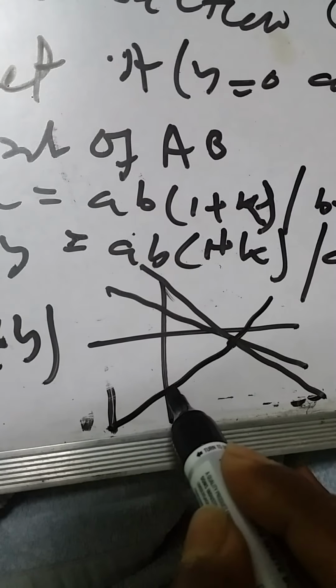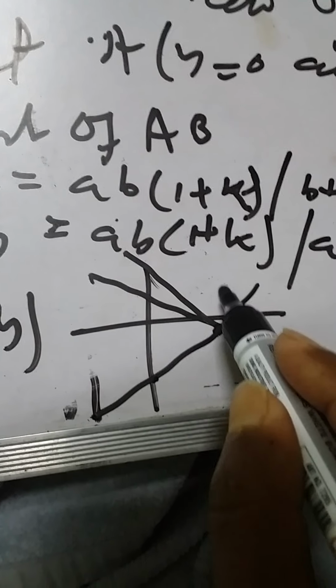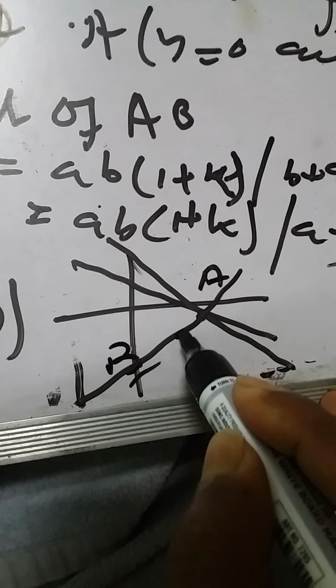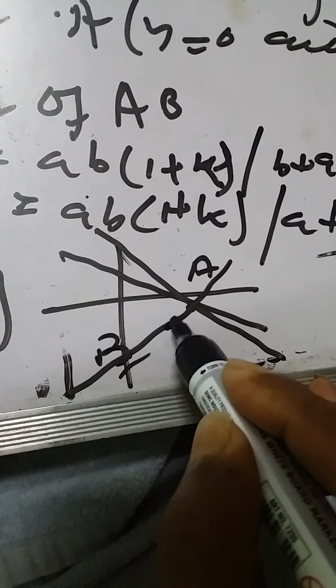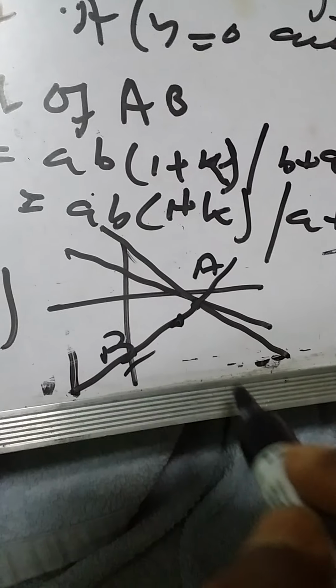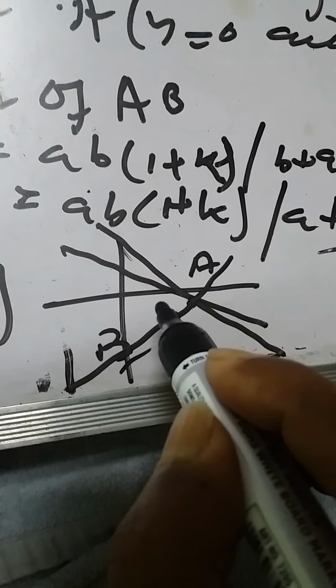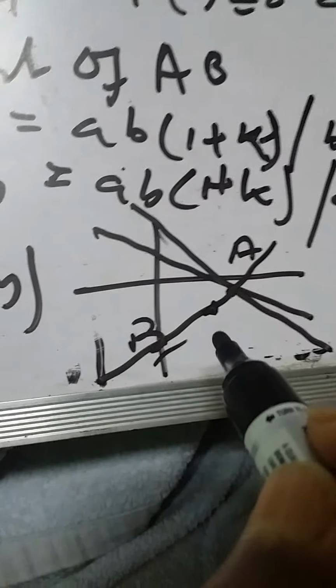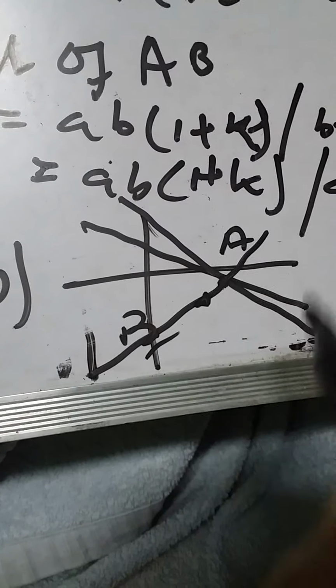Suppose this is the straight line, this cuts here A and here B, then the midpoint. Here we get only one midpoint. After drawing another straight line through the point of intersection, we get another midpoint. In this way we get thousands of midpoints. After joining them, the locus of the point will be this.